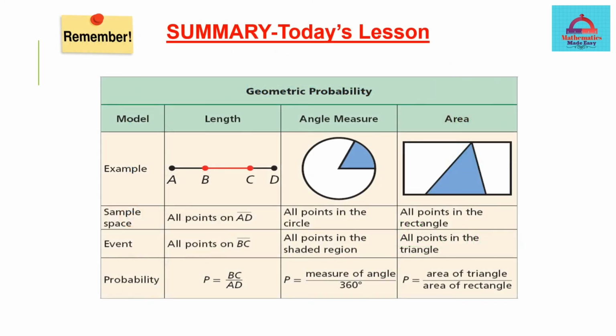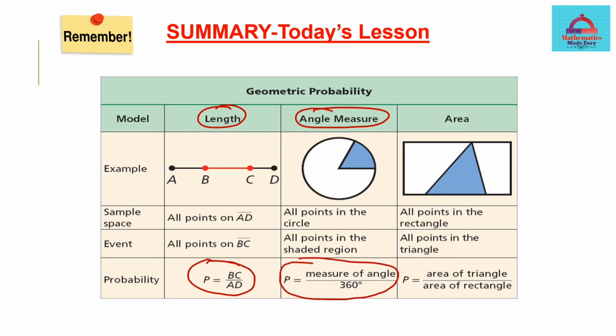So let us now summarize our lesson for geometric probability. In the first part of geometric probability, video 1, you have seen how to calculate the length probability ratio. So you select the smaller length which is contained in the bigger one and divide the smaller length by the bigger one. So this was your length probability ratio. Today's session you learned about spinner related problems where you have found the angle probability. So you took the chosen angle divided by the complete 360 degree angle.